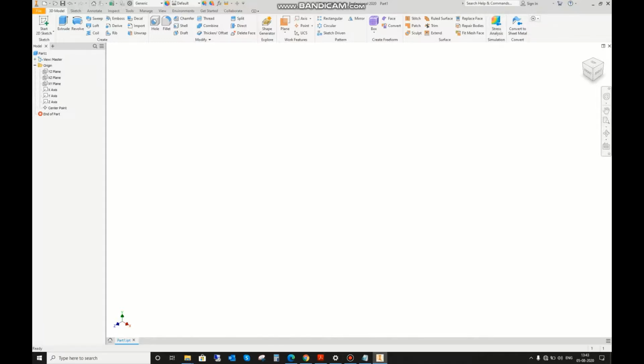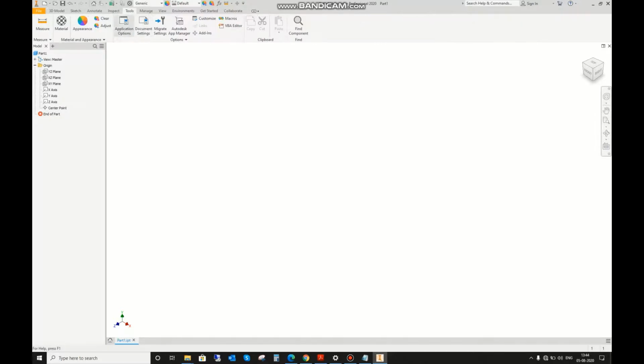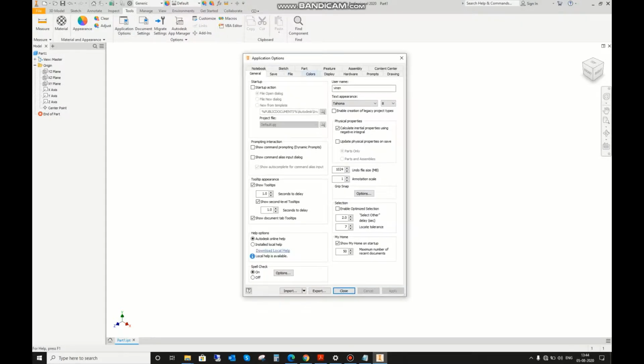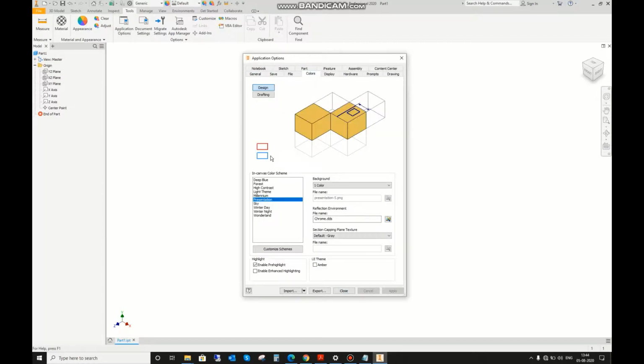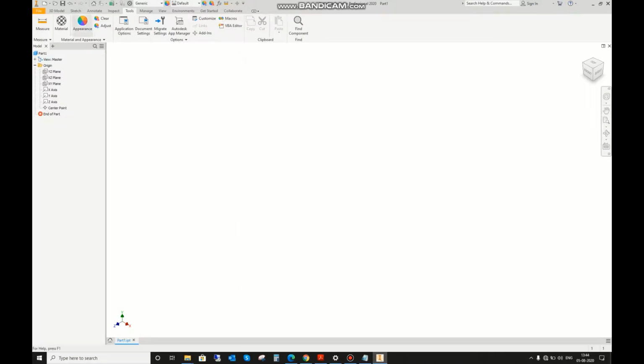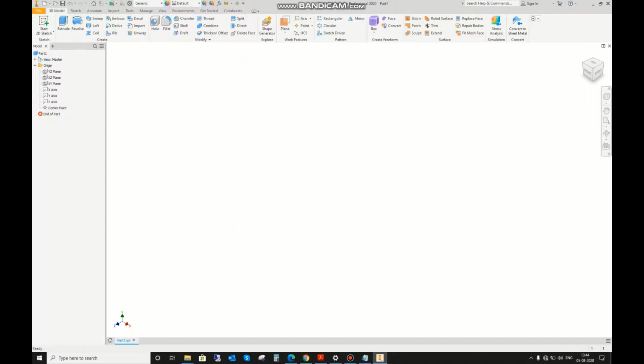So first of all, what we will do is, we will just check different tools before starting and get familiarized with the interface. Like I have kept the background white, but some of you don't like it and you have to adjust according to your choices. Then there are options in tools and in application settings, and from there you have to go to colors, and from there you can change your backgrounds and set the interface according to your needs, as you like them, pleasant.